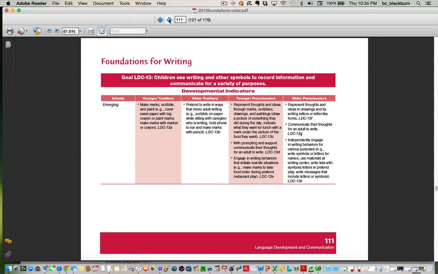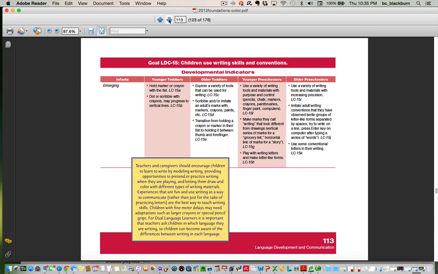Now, the specific developmental indicators for the subdomain Foundations for Writing are on pages 111, 112, and 113. It's important for teachers and caregivers to keep in mind that beginning writing are squiggly lines that are random and all over the page. It's also important that we model writing and provide many opportunities for children to pretend writing when playing and let them draw and color with different types of materials, as noted in the yellow boxes on